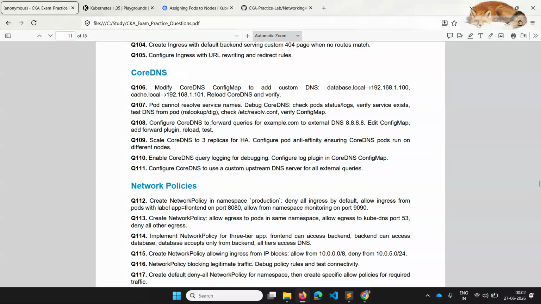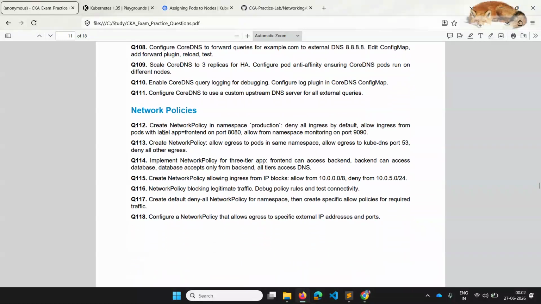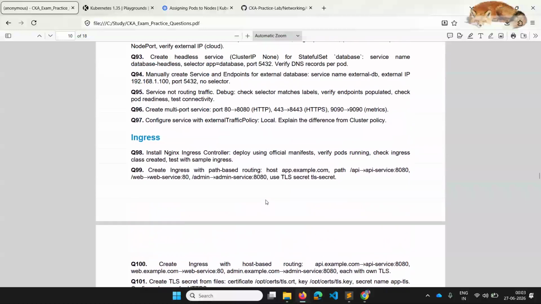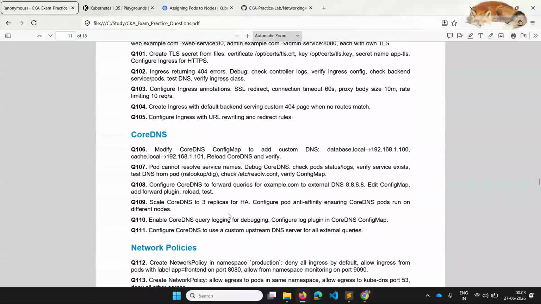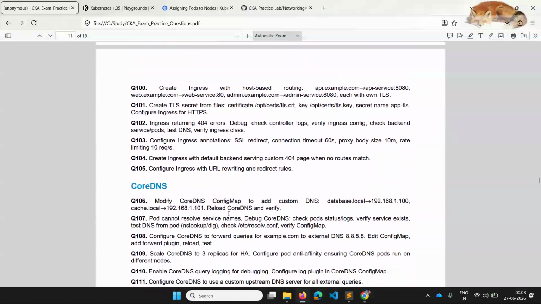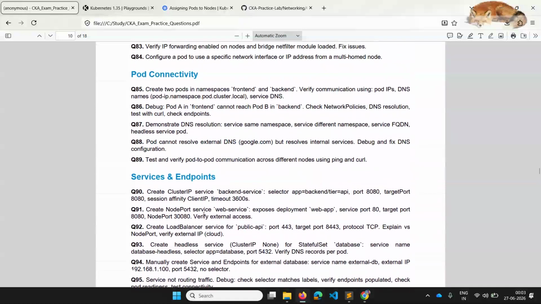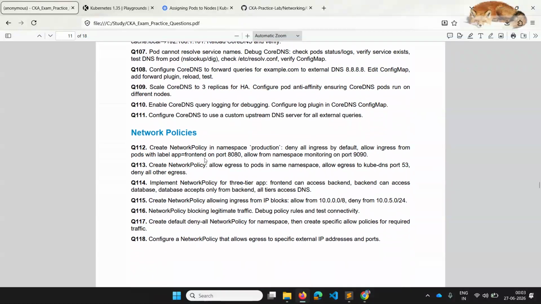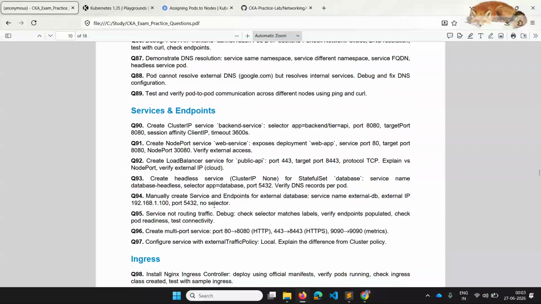So more on CoreDNS and network policies, of course. Ingress and all will come again. I think we can take up Ingress and network policies together and then solve CoreDNS, or we can solve CoreDNS in the next section, then come to Ingress and network policies, and at the end go to services and endpoints. We'll see how it happens.